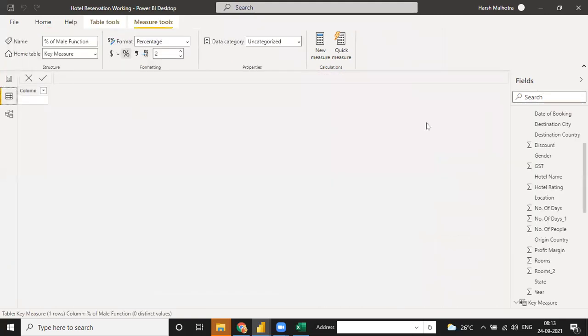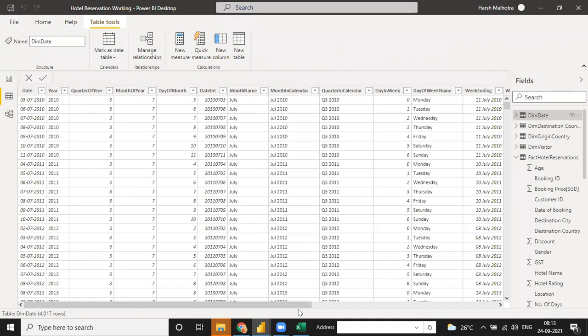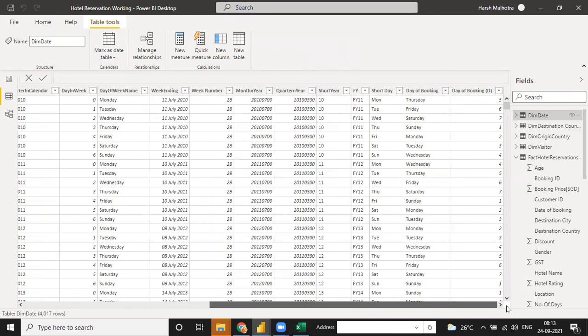Okay, let me just check with the destination visitor in the date column. So in the date column, see, we have a day of booking. Okay, Jan, Feb, March, this kind of day of booking we have.